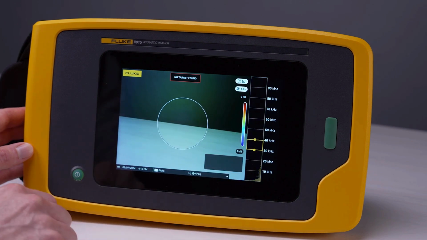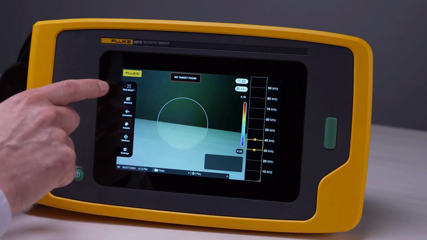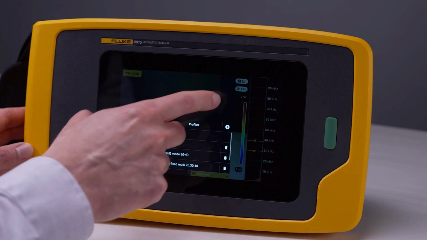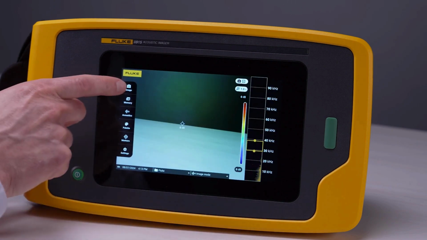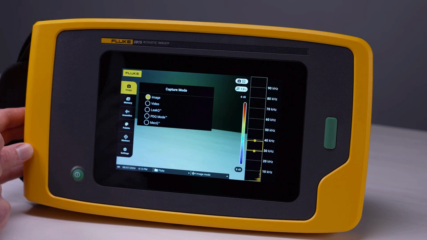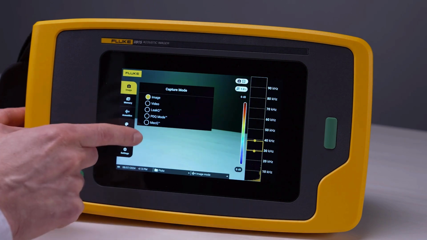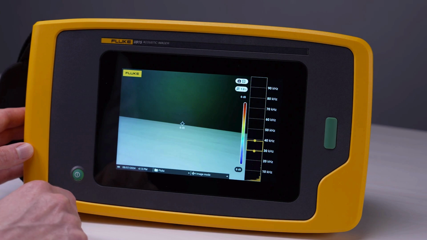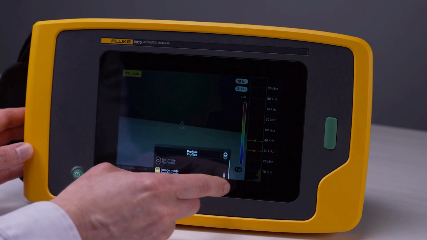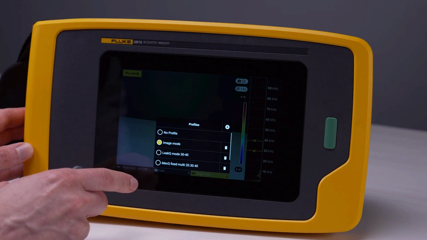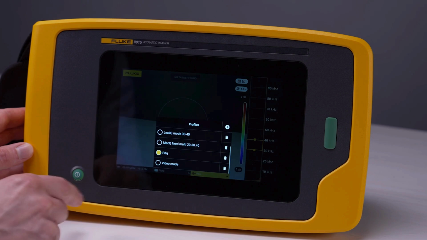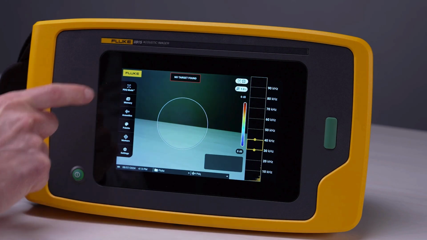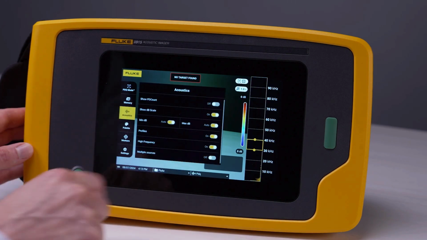At this point, the new profile is saved, and we can test this by going to another mode. Let's say we want to go back to image mode. It's in image mode for that particular profile. But the powerful thing is that we can quickly toggle to those other modes without having to set every aspect of the settings. I want to go back to PDQ, and we can verify it is in PDQ mode and in high frequency range.